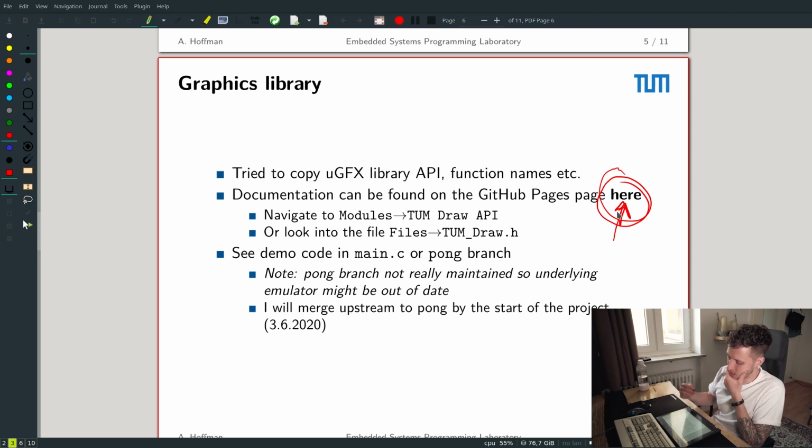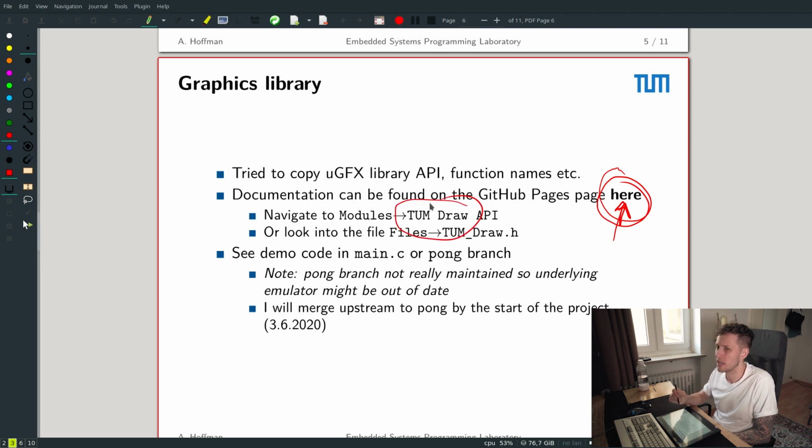For getting to know how to use the stuff, for people that are not too familiar with C code and development, go through the demo code. So the demo code is in main.c. We've done a demo example there, as well as on the Pong branch, which we'll get to when we do the Git stuff. There is an old game implementation I wrote to test this stuff, because as well as the